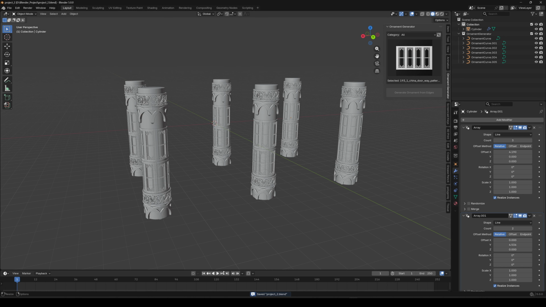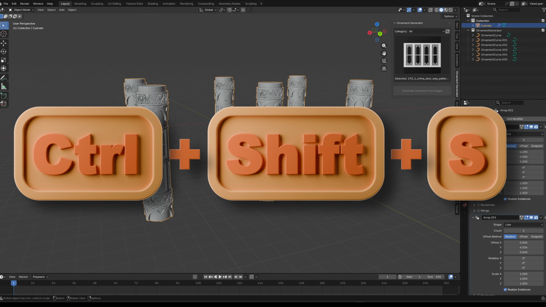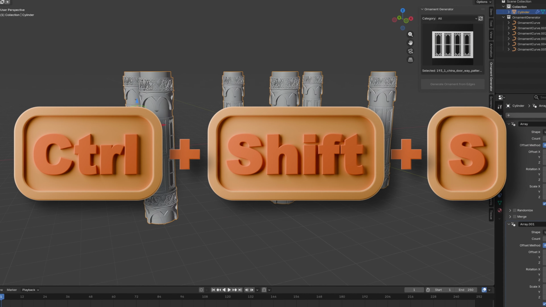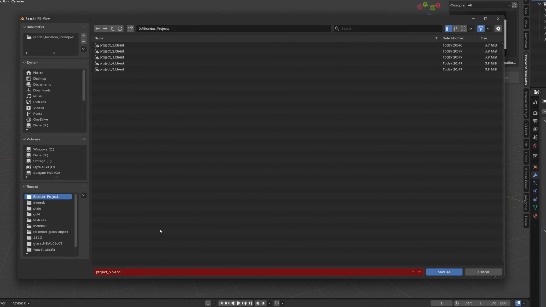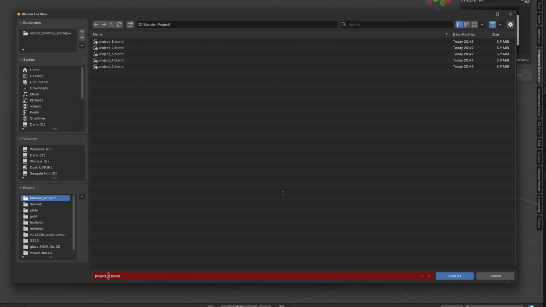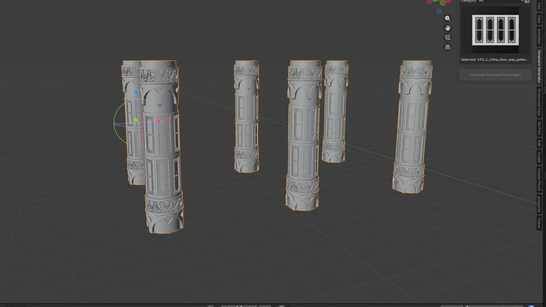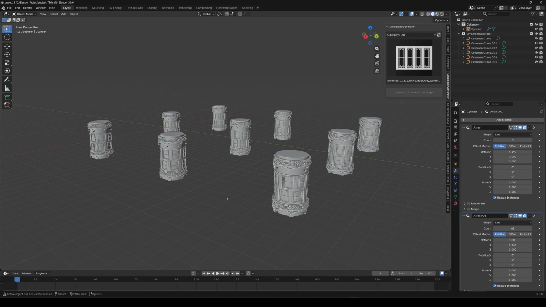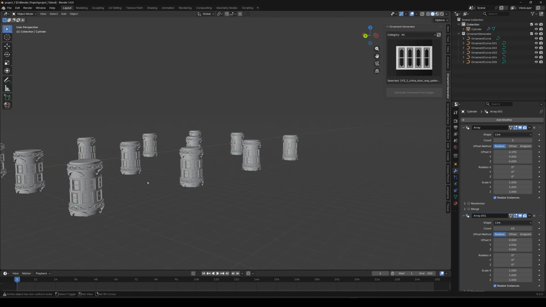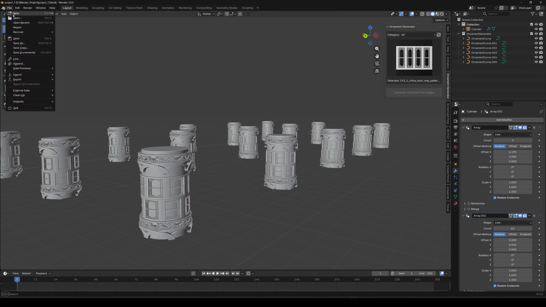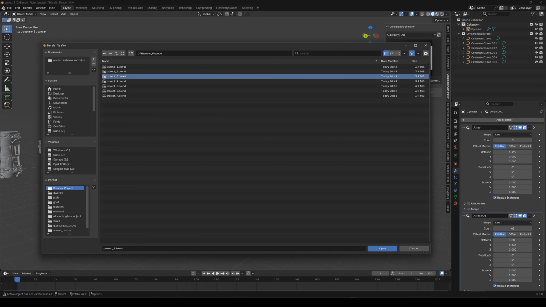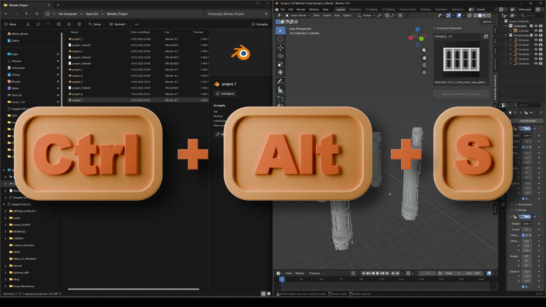In Blender, besides the basic Ctrl+S, we also have Ctrl+Shift+S, which means Save As. This allows us not only to overwrite a file, but also to create a new version of it. Thanks to that, if one iteration contains an error, we can always go back to the previous one. You should never keep only one version of a project file. That is a serious mistake. And for that, we have Ctrl+Alt+S, which performs incremental saving.